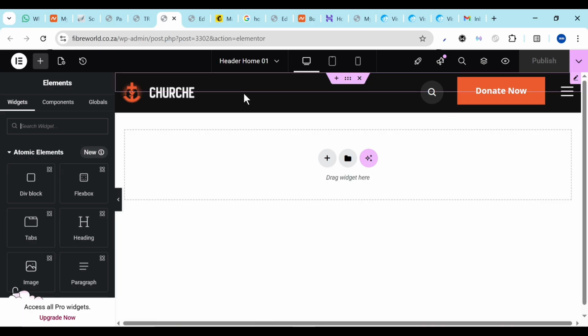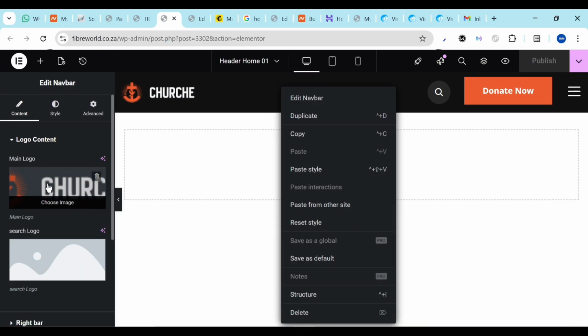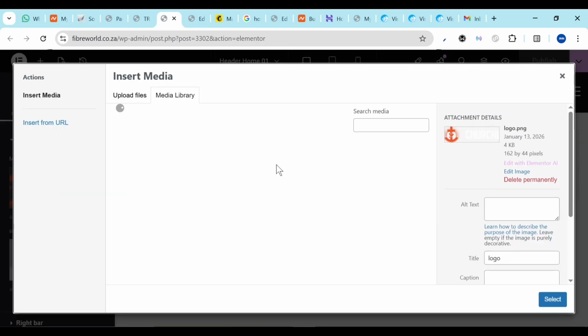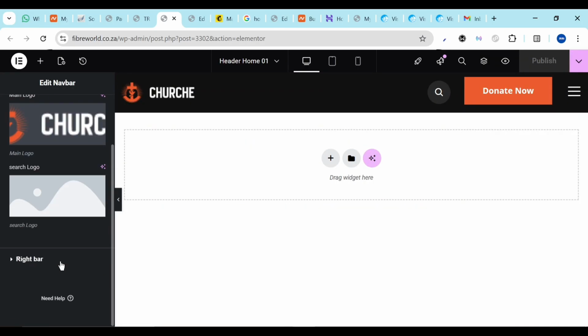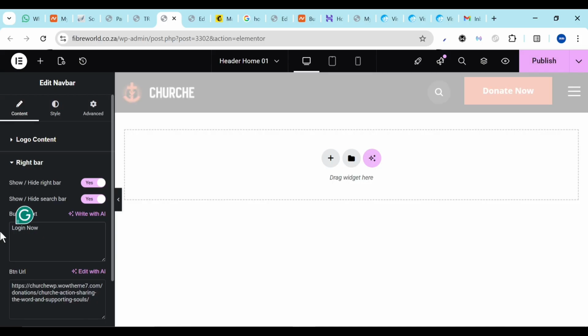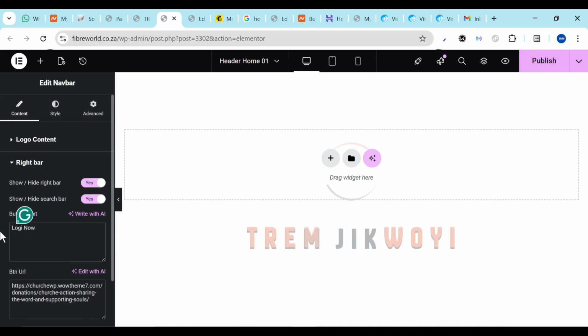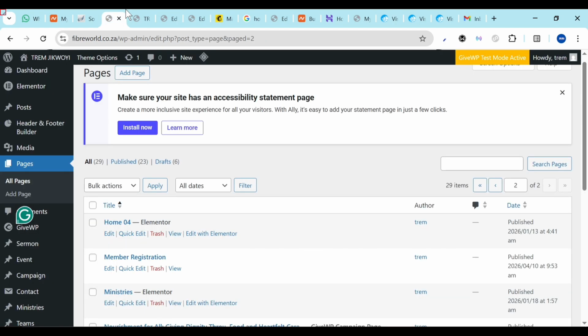So what you want to do is to come here, click on this, just click on anything here. Then this, you could change your logo. Then don't add anything here. You're going to see the right bar, click on it. You're going to see this part where it says donate. Now you can change it to log in. Now for this link, I want you to come here on that page, and you're going to see